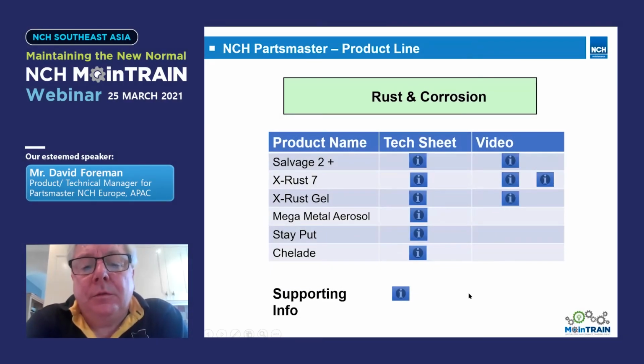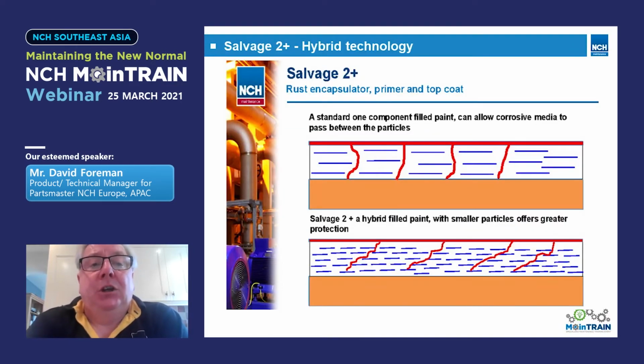Okay, so Salvage II Plus, what gives it such a fantastic performance? What's the main technology behind that product? Why does it perform so well? And why does it have a 3,000-hour salt spray test certificate? Well, that's because it uses